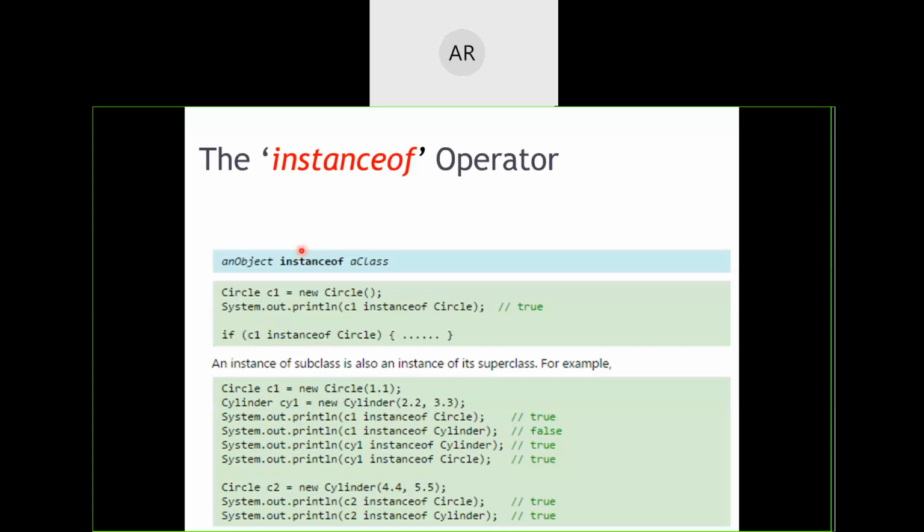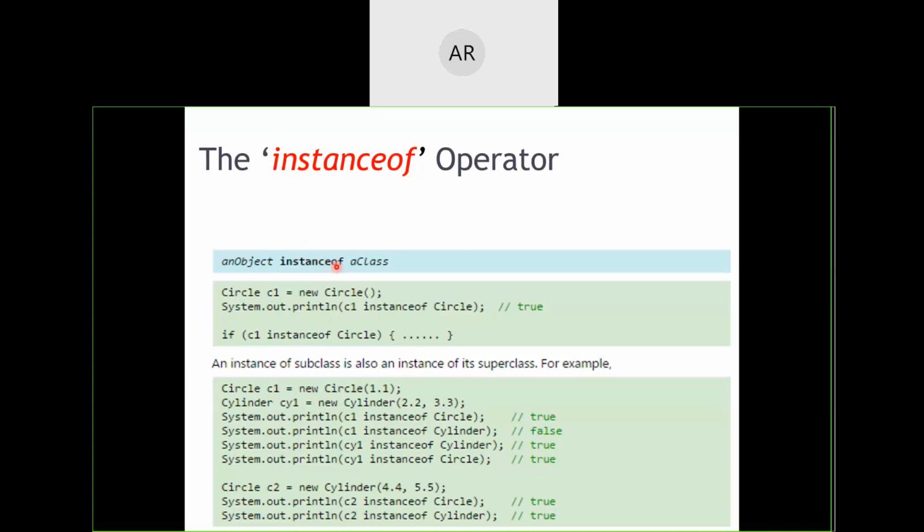Now suppose I have got multiple objects in my program and I forgot whose object was that particular OBJ. Was it of class A or class B or class C or class N? I forgot that thing. Now I want to check whose object this OBJ actually is. So for getting to know what is the type of that particular object, whose instance that object is, what class instance that object is, we have got one operator called instanceof.